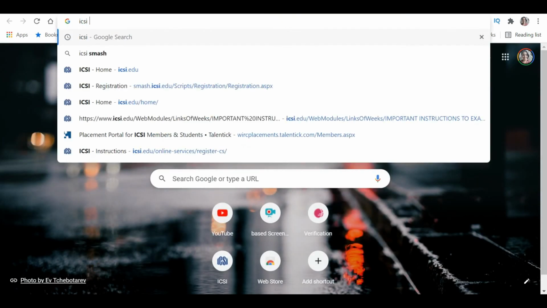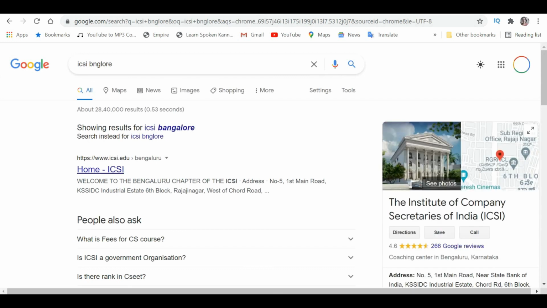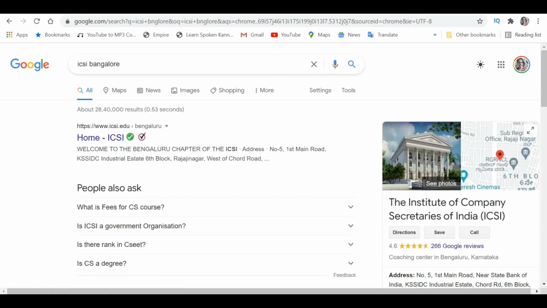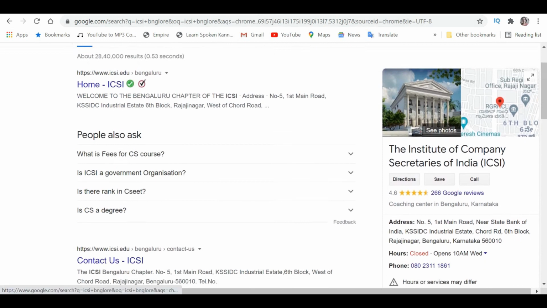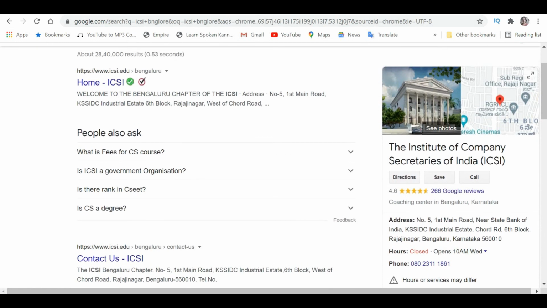So let's say ICSI Bangalore. As Google shows, ICSI Bangalore is located in Rajajinagar. Right now it is closed. But what you all can do is you all can directly approach the Institute of Company Secretaries of India, at least their chapter, and you can go there itself and request their help.